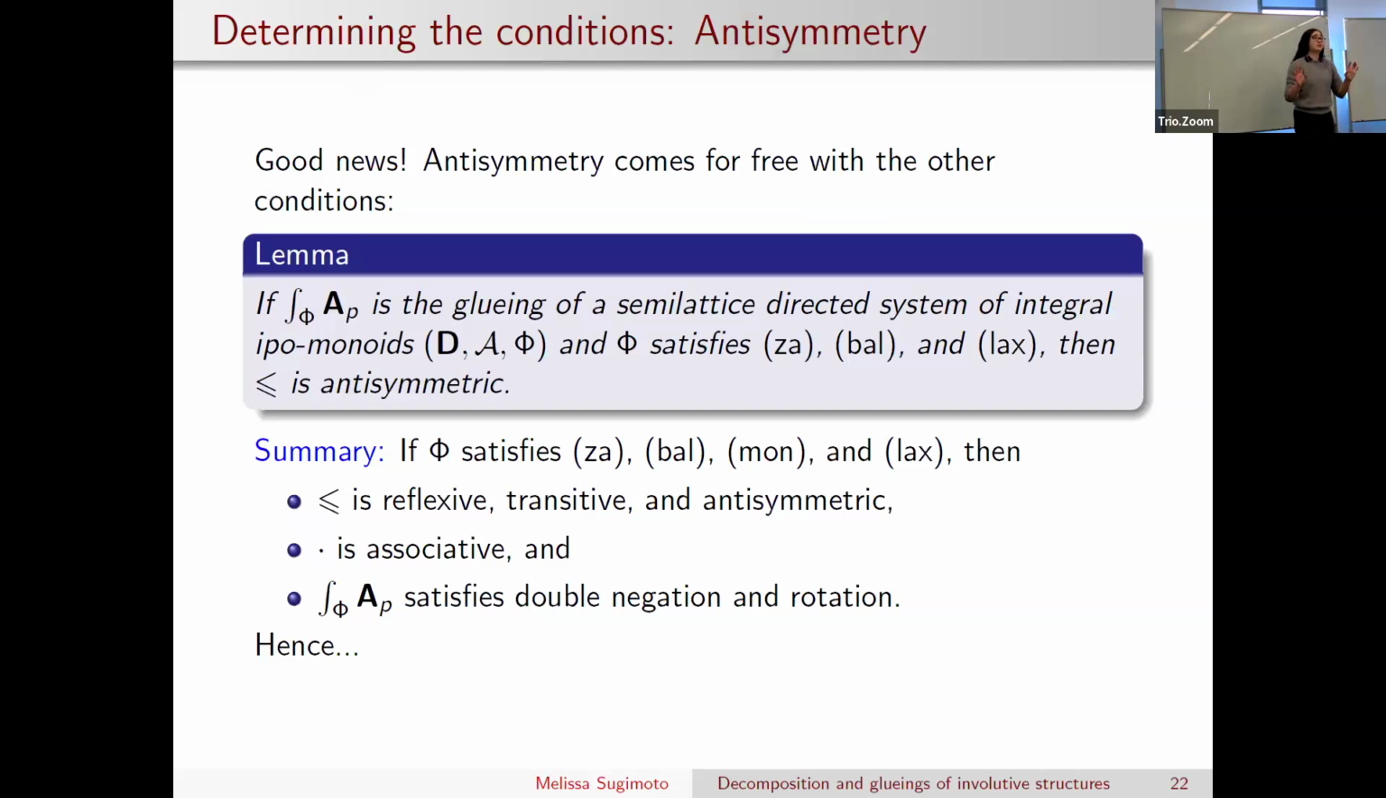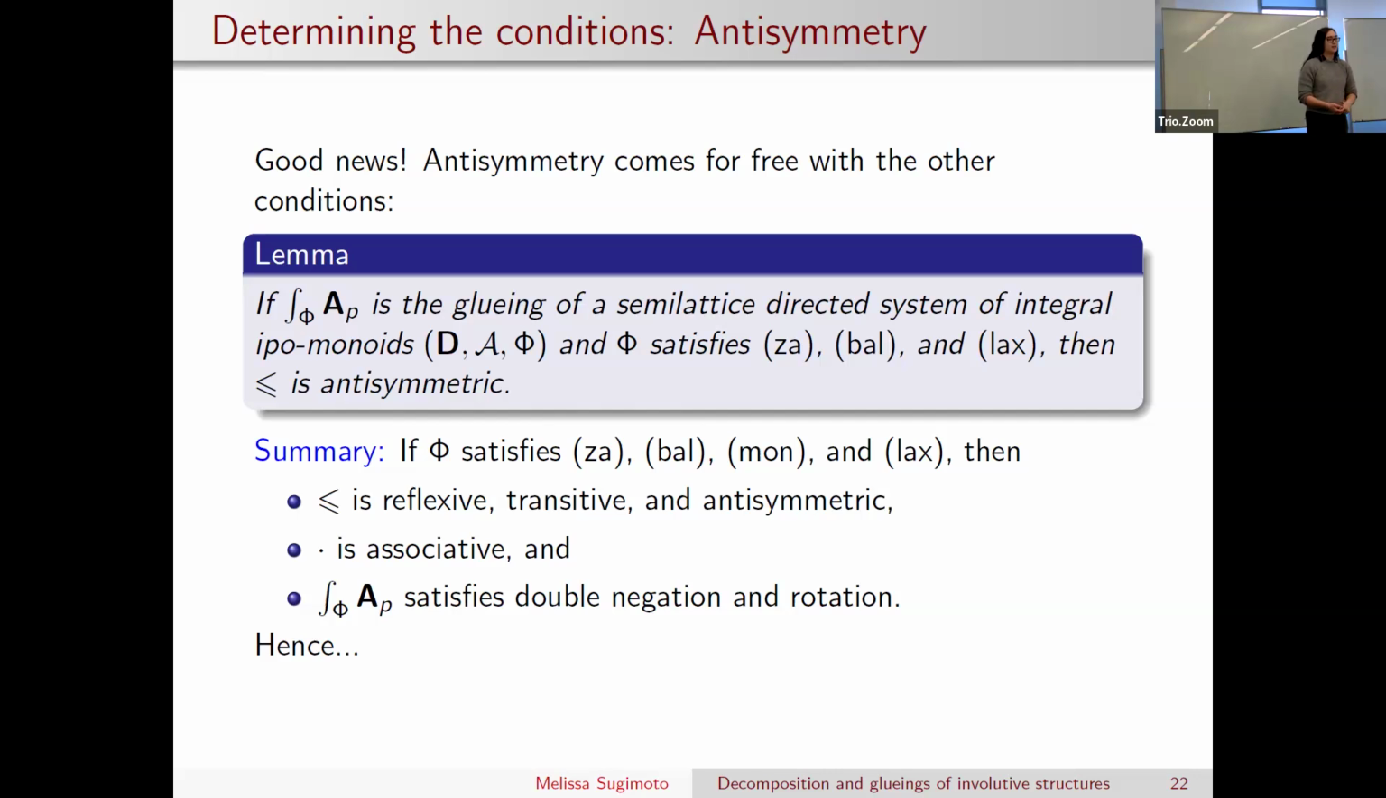And the good news is that we do not have to separately handle anti-symmetry, which is the last poset condition that we really needed. It comes for free with the other conditions. In fact, if we satisfy just zero avoidance, balance, and lax, then we can guarantee that the order that comes from our gluing is going to be anti-symmetric. So in summary, if we satisfy zero avoidance, balance, monotonicity, mon and lax, then we get a reflexive, transitive, and